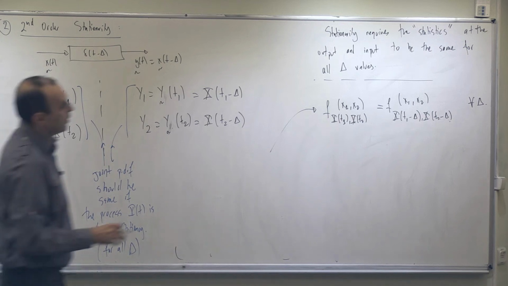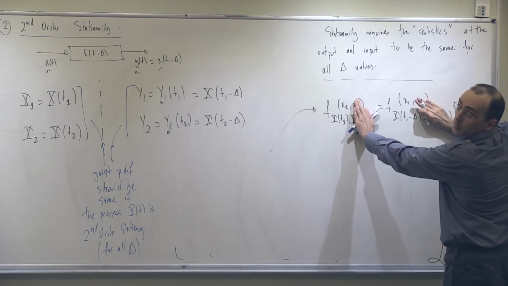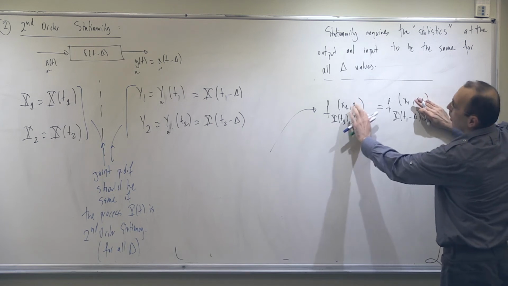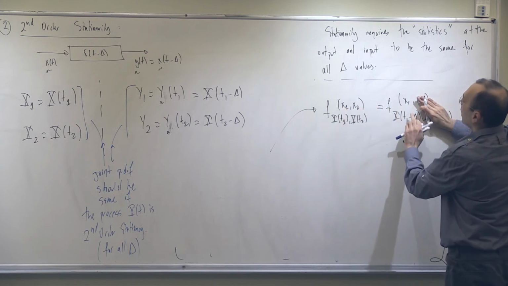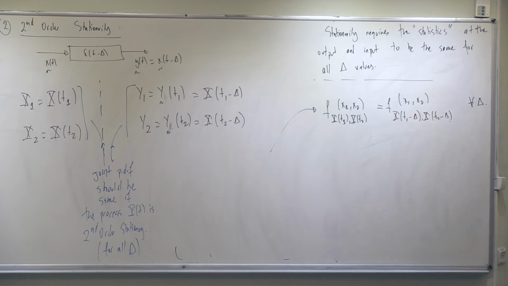So previously, we had only one of them, like in the first order case. Do you remember? In the first order case, I have a function of x1. I have another function of x1. This is generated at a different time. So this is second order. I have two functions like that.